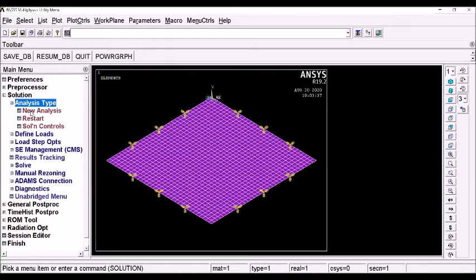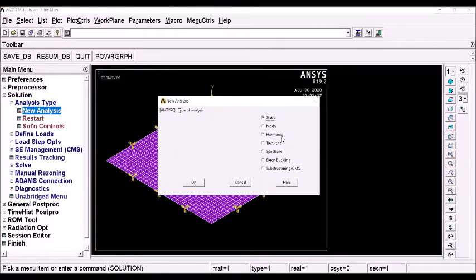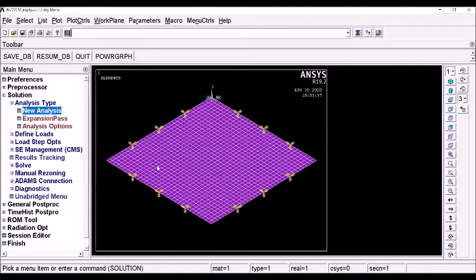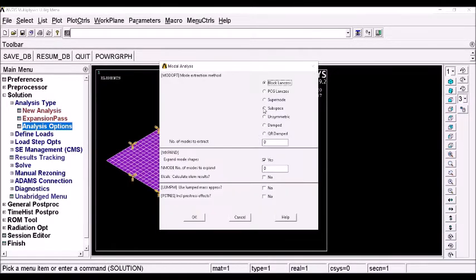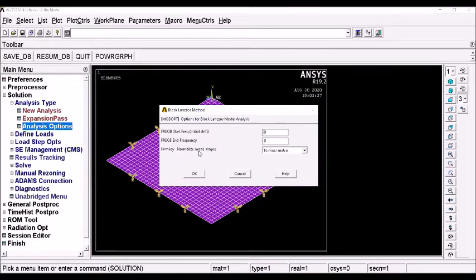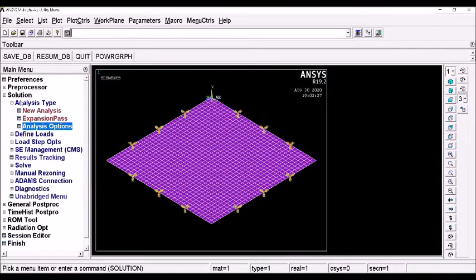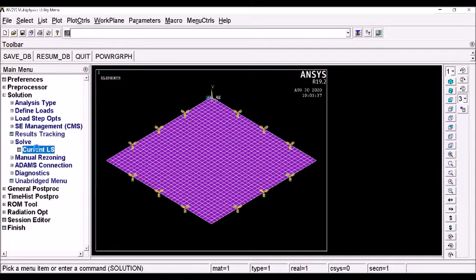We are performing modal analysis to obtain the natural frequencies of the system. Go to new analysis, modal, click OK. Analysis options. You enter number of modes to extract as 5. Click OK. There is no frequency range of interest. Click OK here and solve this problem.